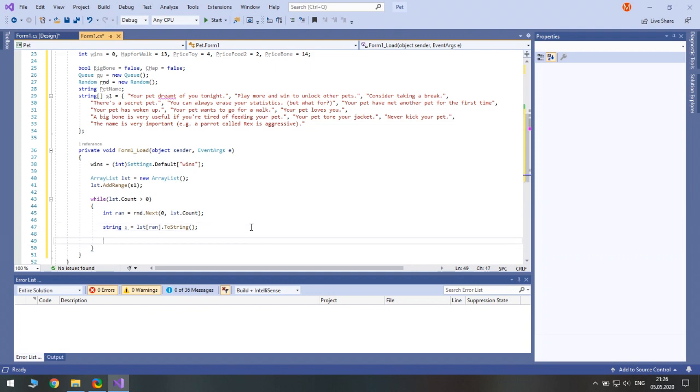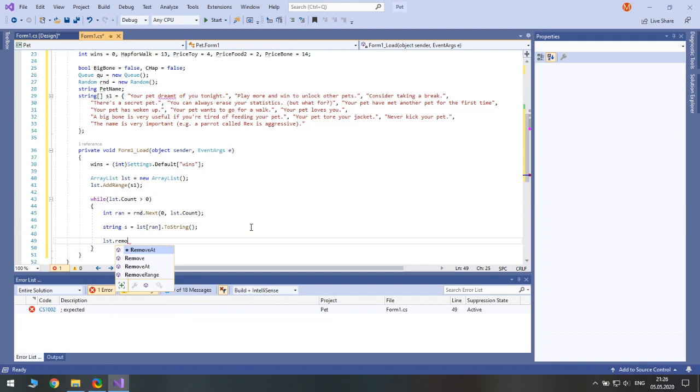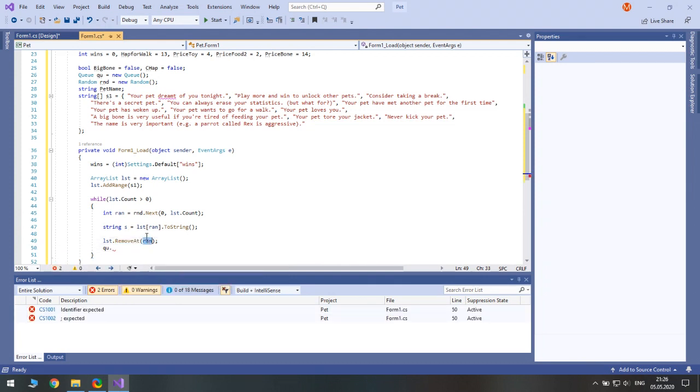We need to remove that element from the array list and then include it. So we remove that element from the array list, and before we remove it, we write it inside the s string.